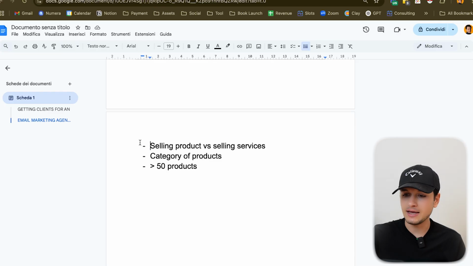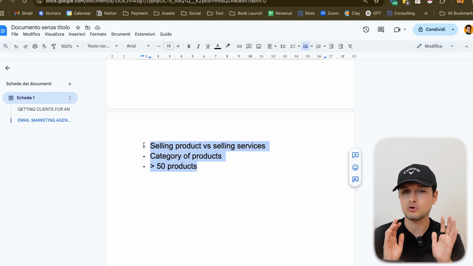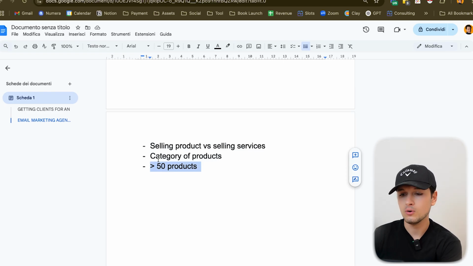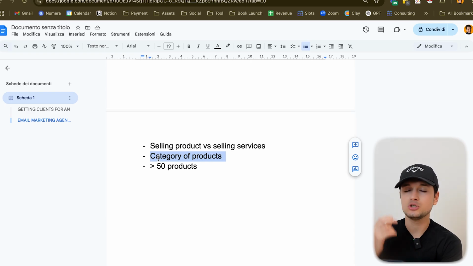So how can I apply this knowledge? You have to find the other criteria for your own niche, for your own market. For example, if you're selling to agencies, maybe you want an agency that only sells SEO. Maybe you want only agencies that already have a CFO. So first, try to use your business acumen, your business IQ, as much as possible